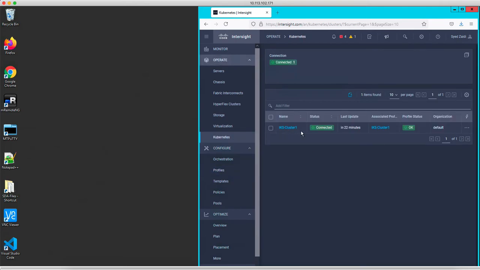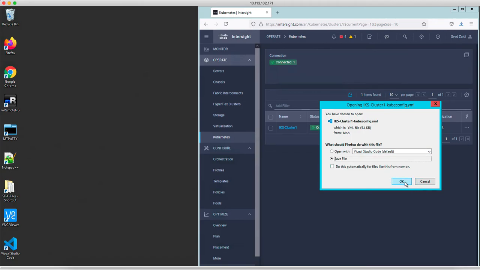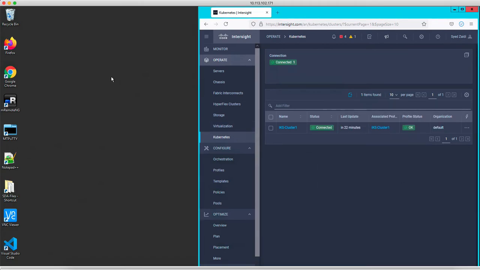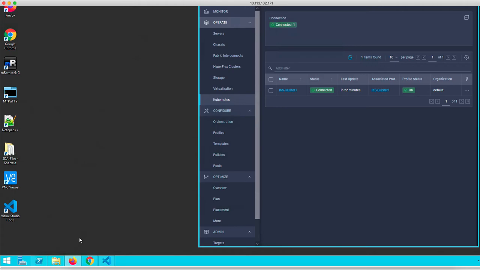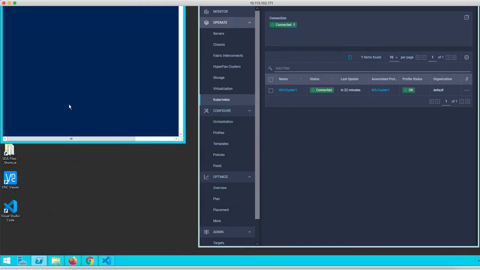So now we see that our cluster is deployed. Next is to connect to this server. You can use kubectl or Terraform or any other way to connect and deploy your applications and consume this cluster. For this video series, we'll use kubectl. So I will go ahead and download the kubeconfig file. And next is we'll use PowerShell